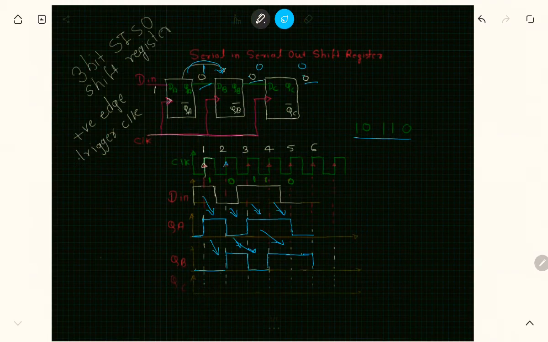In the third flip-flop, in the third clock pulse what happens? This 1 here becomes 1, therefore this output becomes 1, it remains as it is. Okay, here